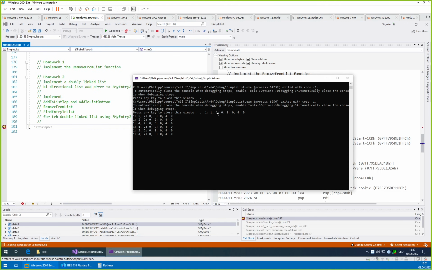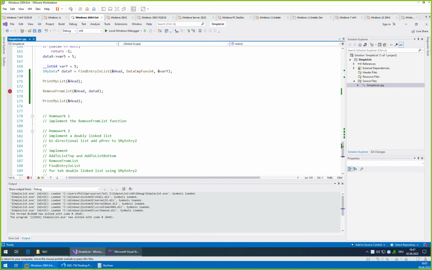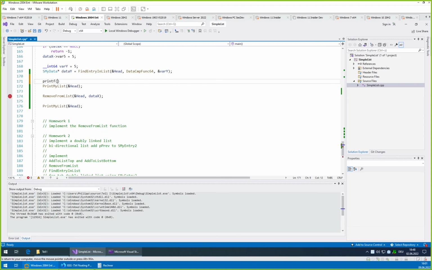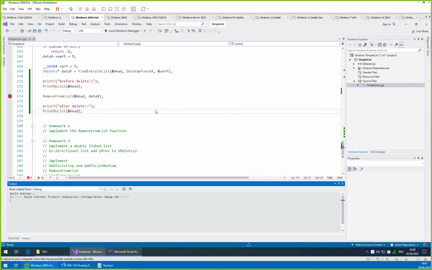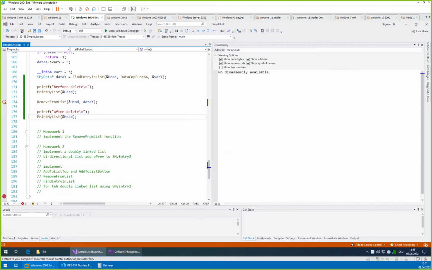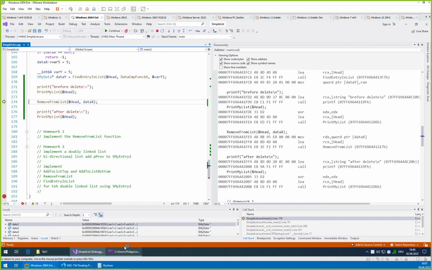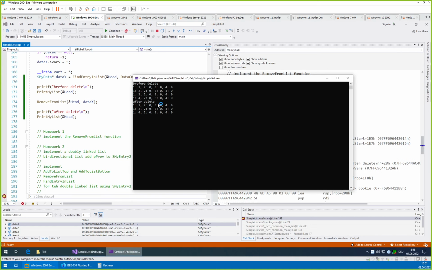So it printed the list once and then printed it again without the third line. So maybe we should add here some text for before and after delete. We don't need the breakpoint anymore. Yeah, well. Okay, now let's test the